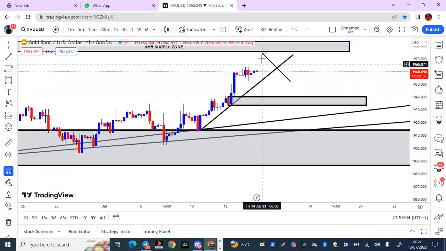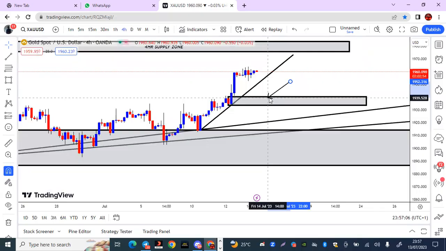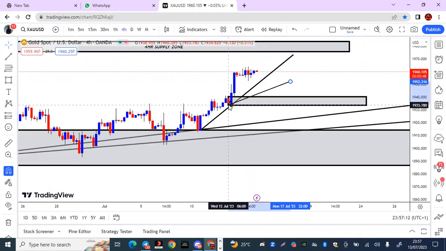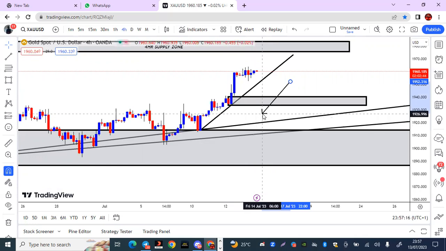If price comes here, that means price broke this particular trend line. And then if it breaks this zone here and closes below it, full body candle on the 4-hour time frame,